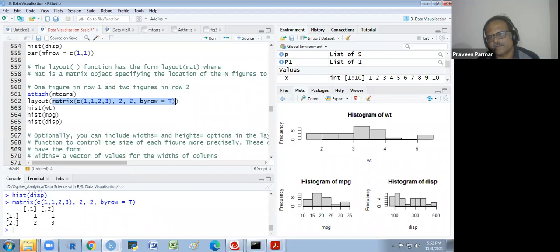So why are we getting it this way? Suppose I want one figure here and two here, one here and two here. So I will write 1 here and 2 here.